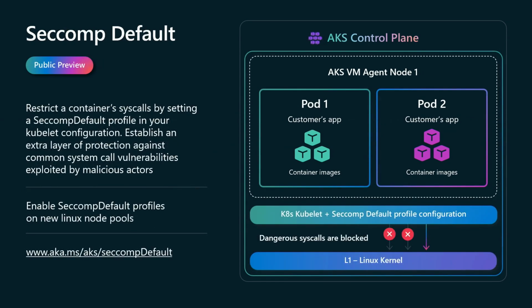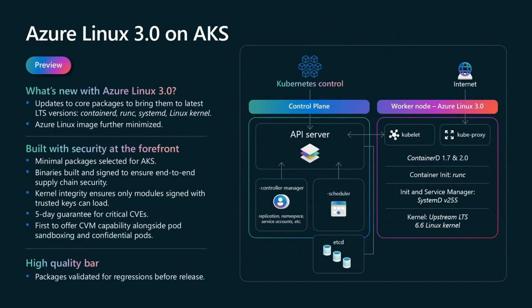We're setting seccomp defaults for your syscalls so that there's more security in the sandboxing of your pod to the underlying operating system. It's going to block dangerous syscalls that we know are used by people when they exploit vulnerabilities to jump into your pods. We're bringing out Azure Linux 3.0 on AKS, which brings in lots of new capabilities, minimal package sets, and of course, all of this is built by Microsoft so that we can respond immediately to security problems by rebuilding all of the Linux infrastructure that you're running on top of in AKS.